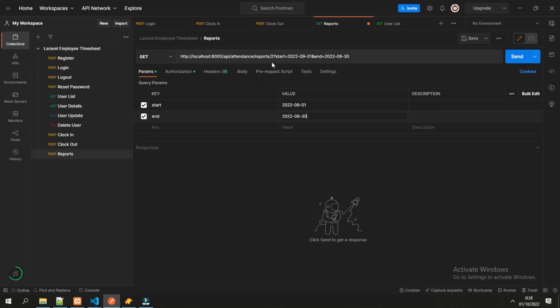Attendance reports the user ID, which is 2, and the start date and the end date of the report that we want to filter. So let's try to send the request.